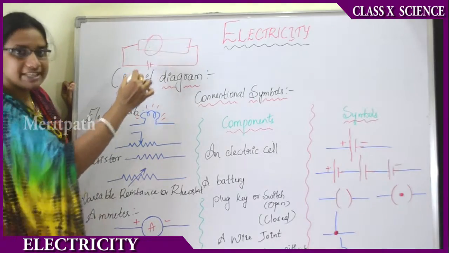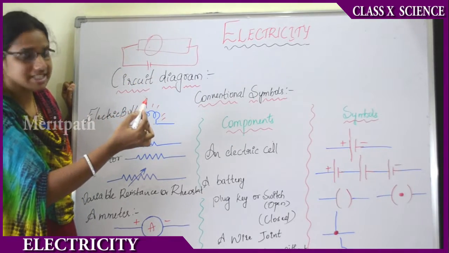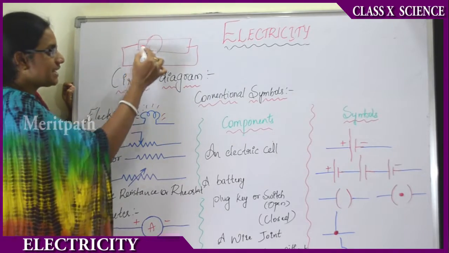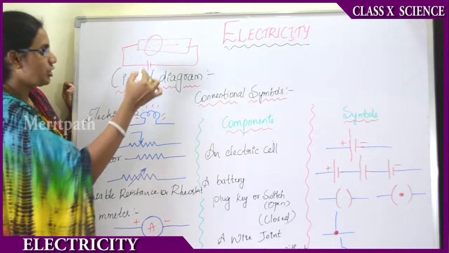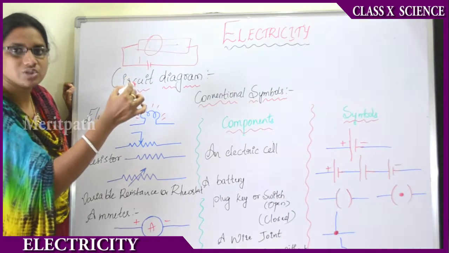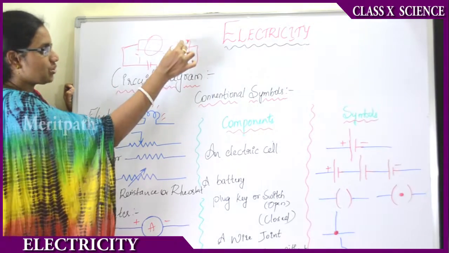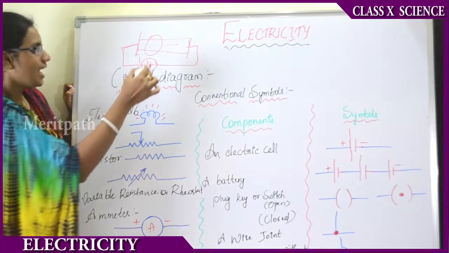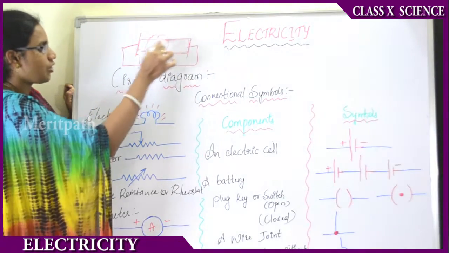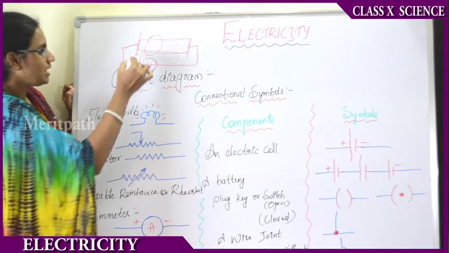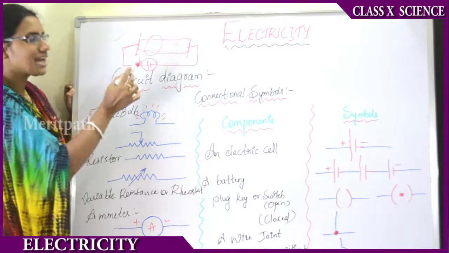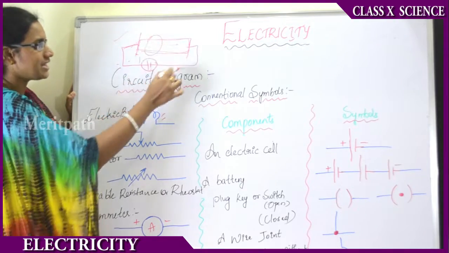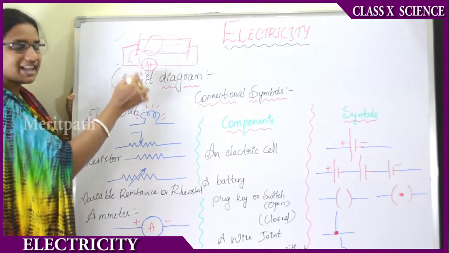The voltmeter is used to measure the voltage and the ammeter is used to measure the current which is passing in the conductor. And the potentiometer is used to measure the potential difference between the two edges of the conductor. Now the battery is used to charge up and this conductor is used to draw the current. This is the basic electric circuit diagram. In this circuit, we will be seeing all these components: the cell, battery.